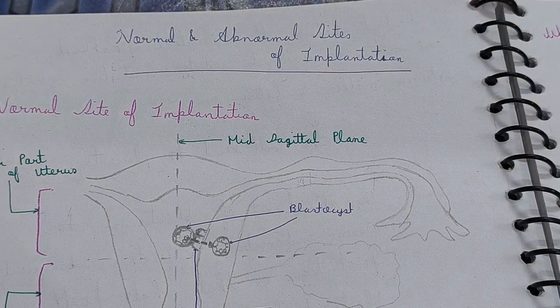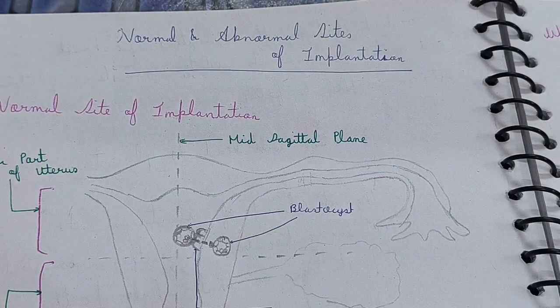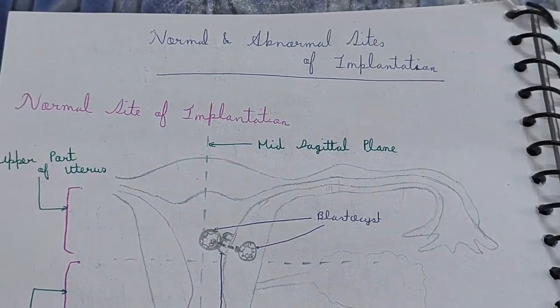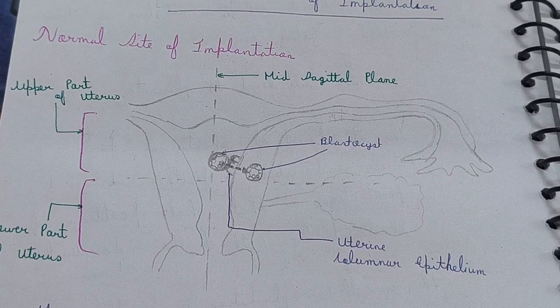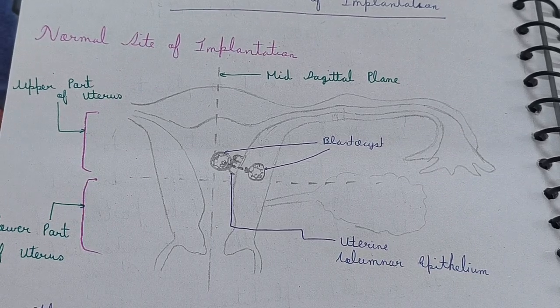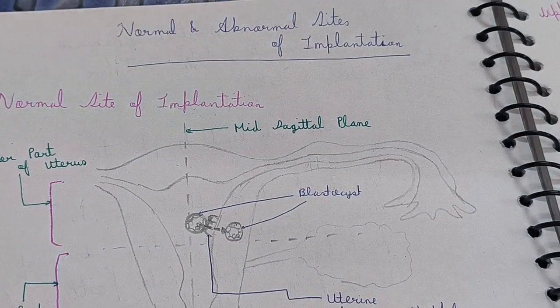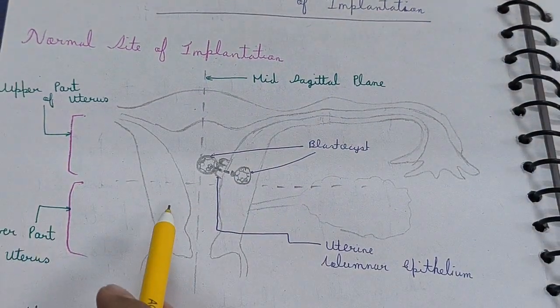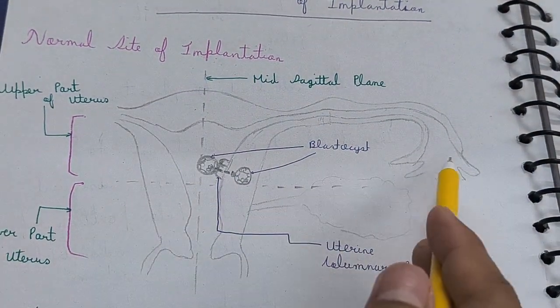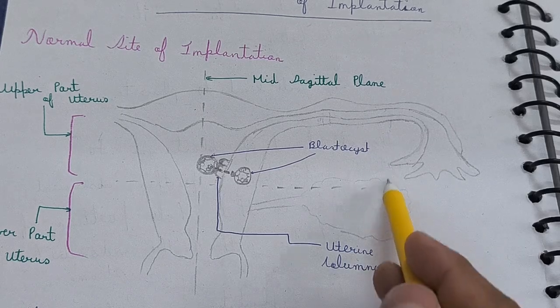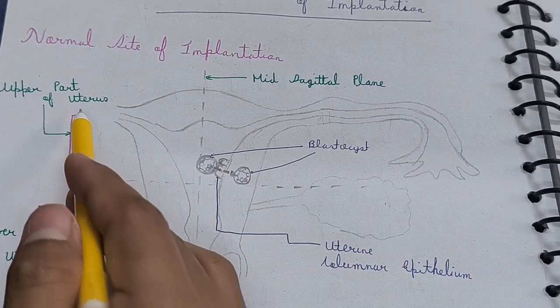So friends, my today's topic is normal and abnormal sites of implantation. First of all, I'm going to discuss the normal site of implantation. Then you will understand the abnormal sites of implantation. So first of all, this is a uterus, and here this is the ovary, the fallopian tube, and this is the